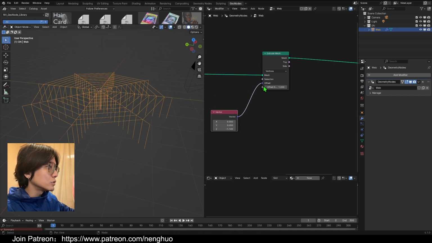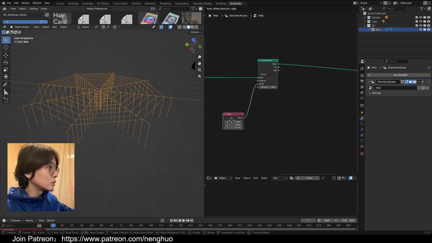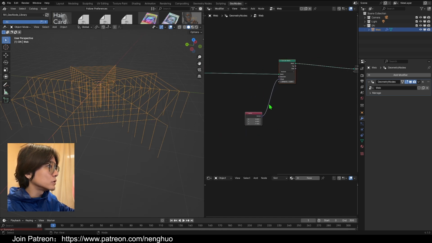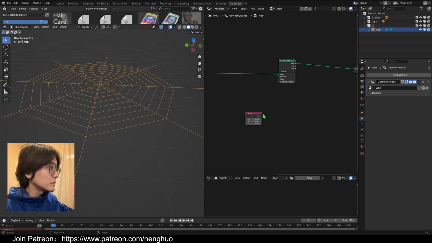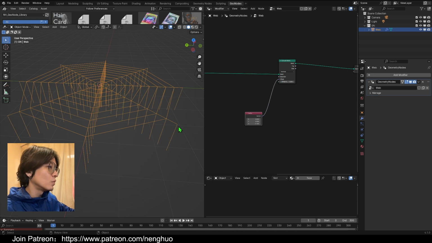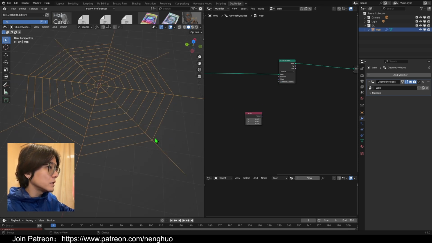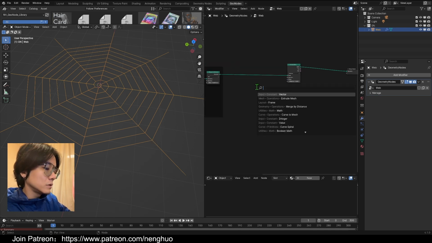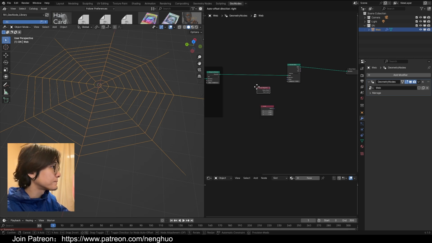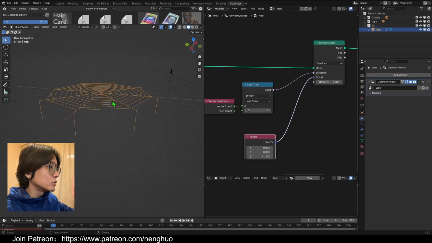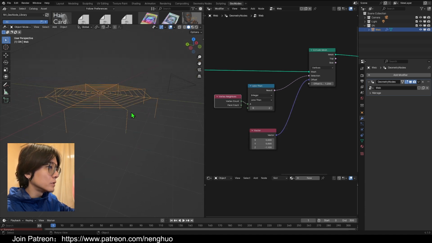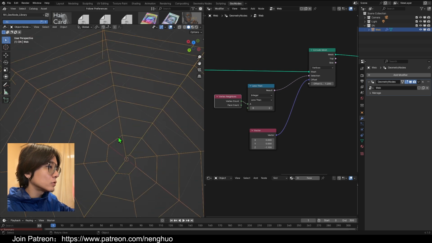Okay, so now it isn't right. We want to give a selection to it, so let's give a condition to do that. We want to count the neighbors of this vertex, so that only the ones with less than maybe two neighbors get selected. Besides the tips, the other points actually have more than one neighbor, right? So we can use vertex neighbors, I believe. Compare. We set it to be less than 2, and it will be only the ends of it, but also this one,